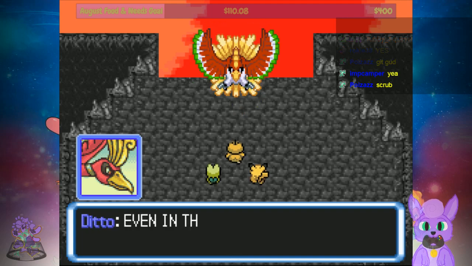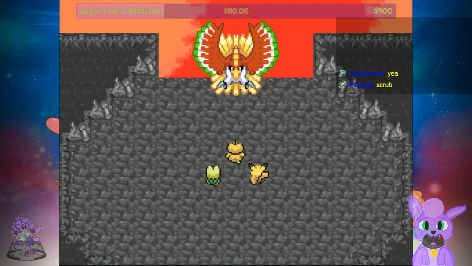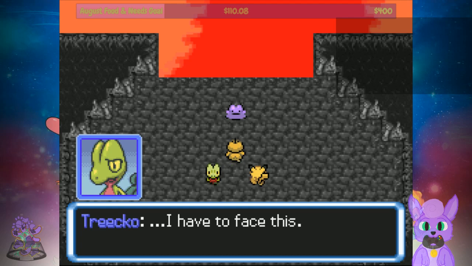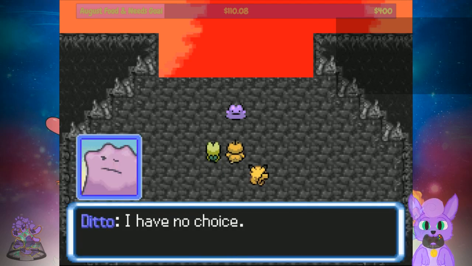Impossible! Even in this powered form, I lost? We did it! We defeated Ditto! I have to face this. Ditto, you'll give us the eggs now, won't you? I have no choice, but they were already...